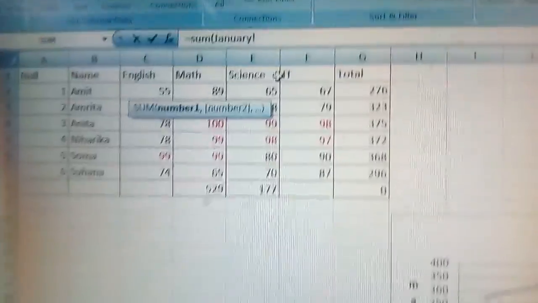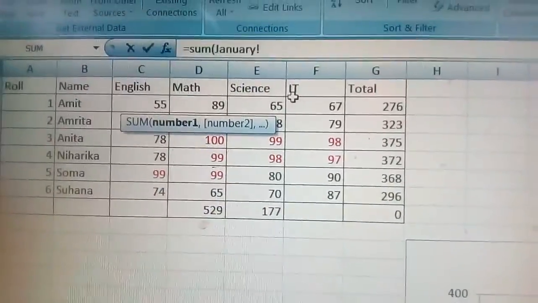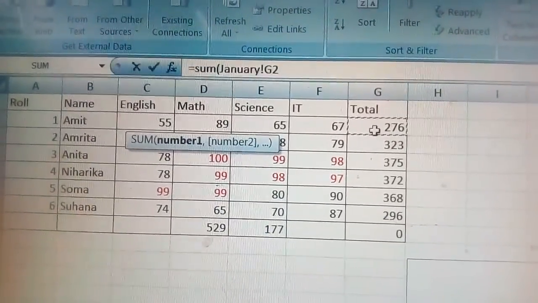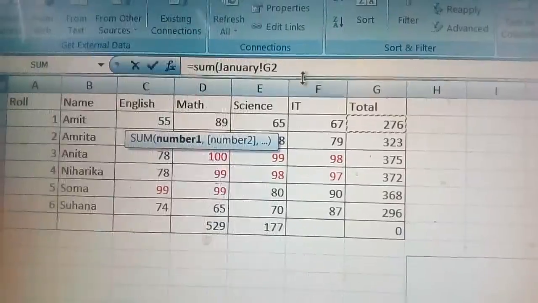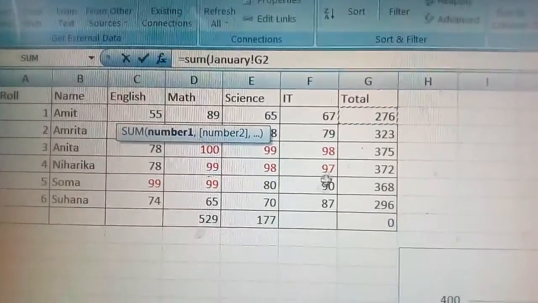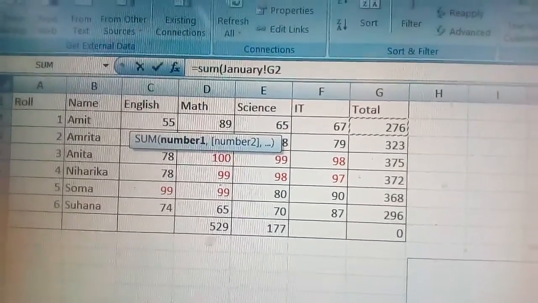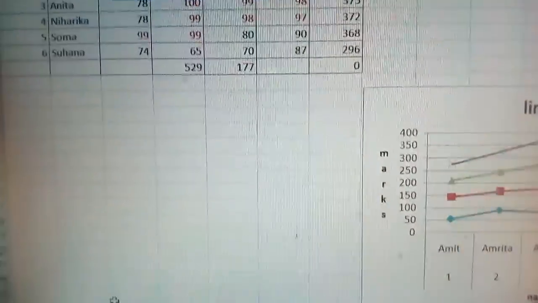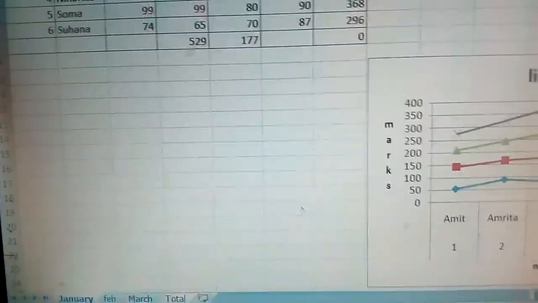Okay, and then you select this total. Okay, and then again you have to give the comma here. Go to the next month, that is February.